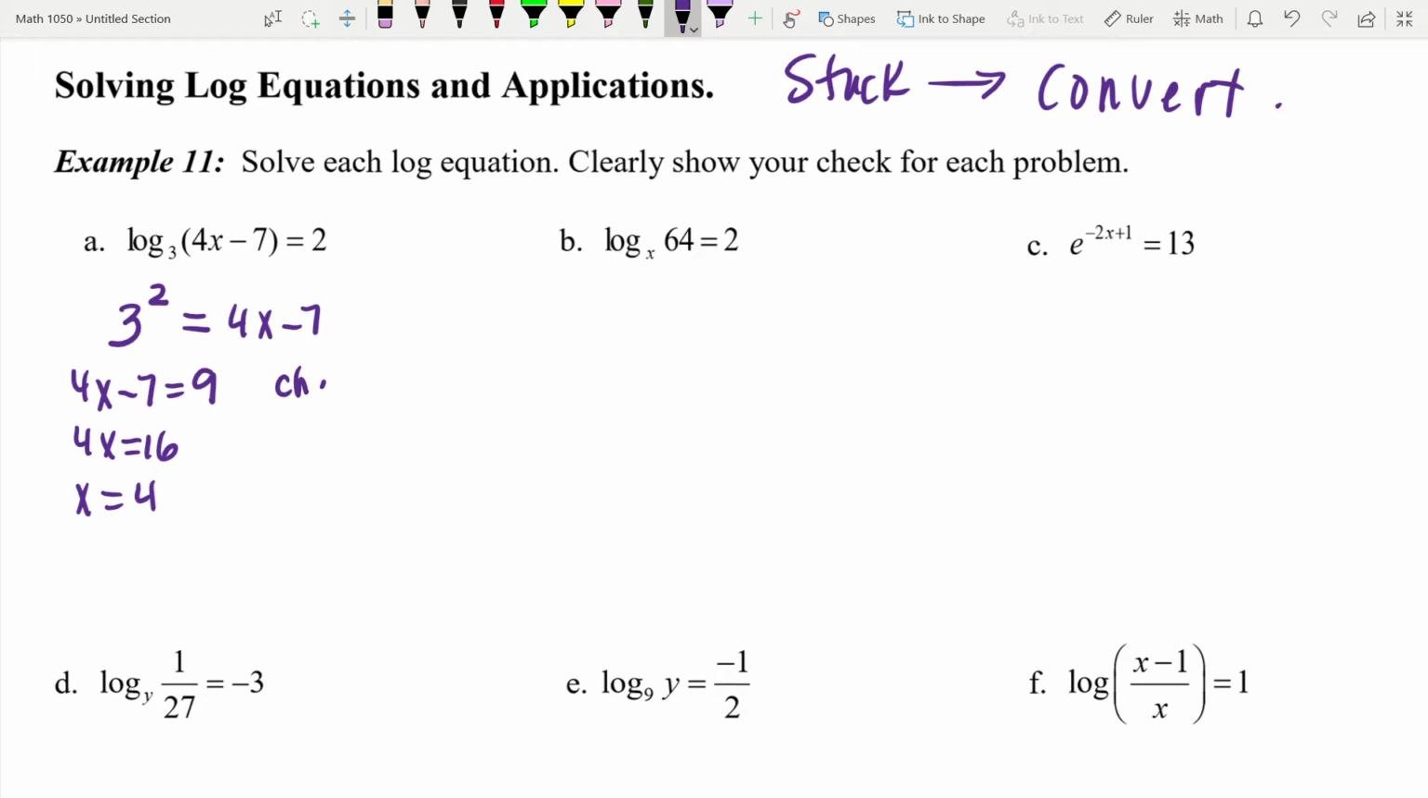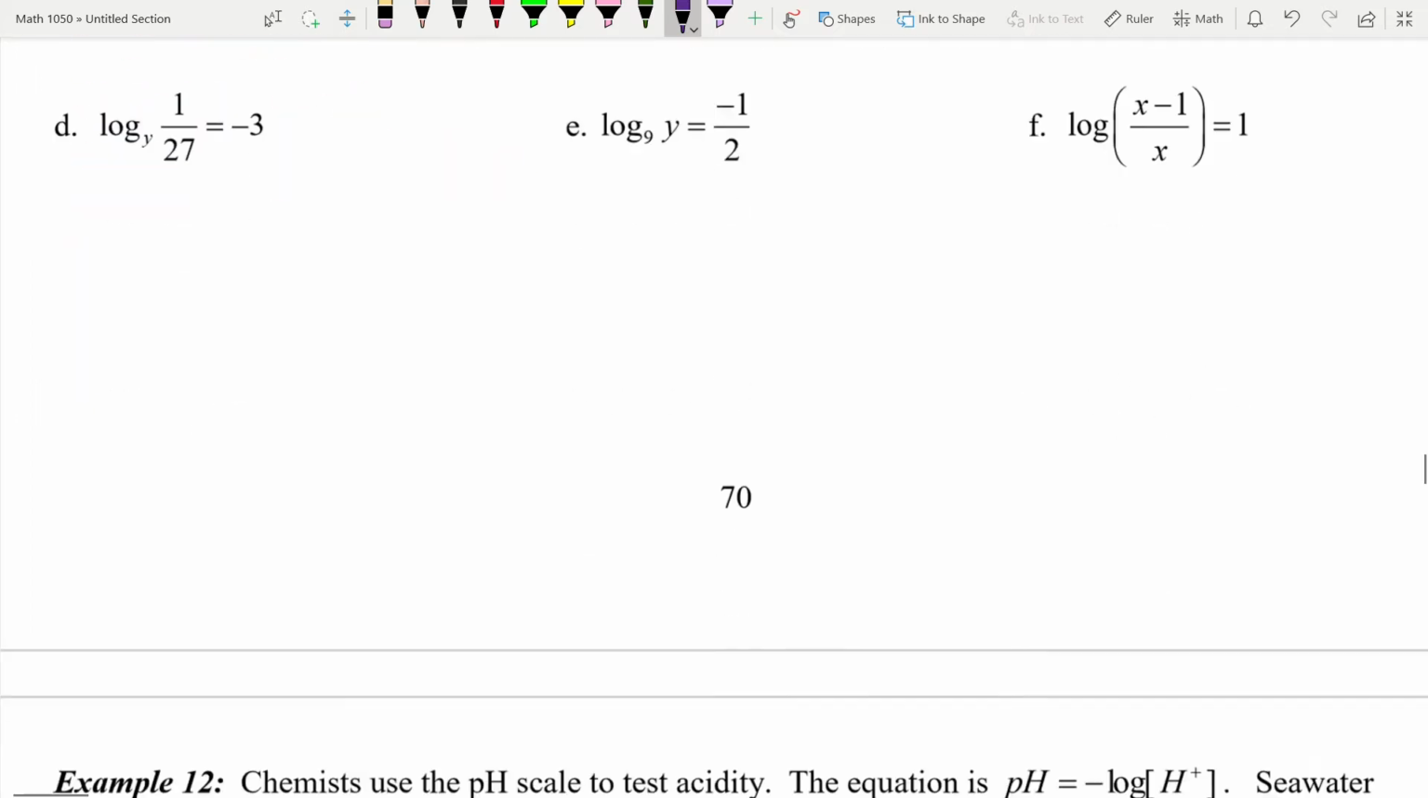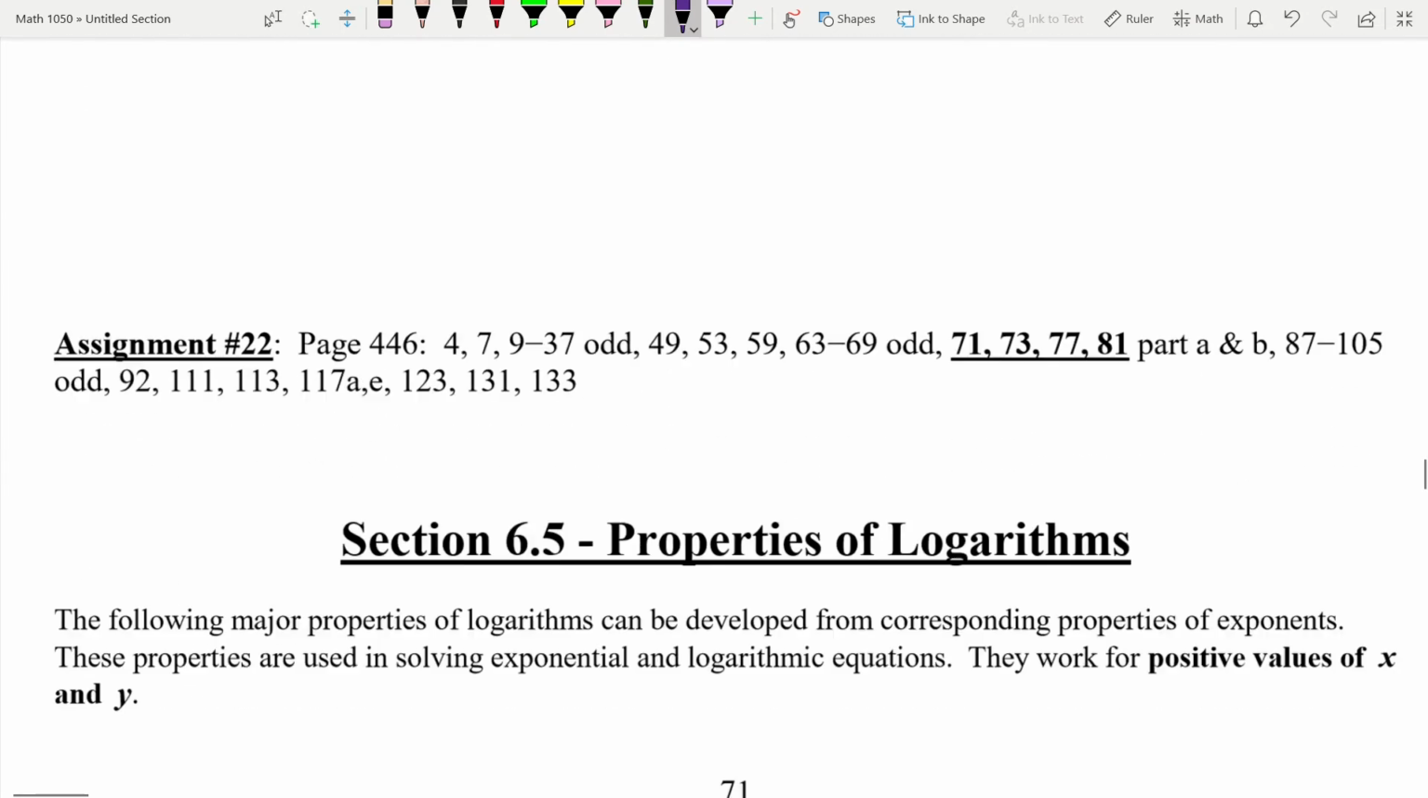So I want everybody to write down the word check. And then I want you to write down log base 3. Then I want you to do a bracket. 4 parenthesis 4 minus 7, close your bracket, equals 2. Now I want you to freeze for a second. Okay? Actually, you know what I'm going to do? I'm going to come,